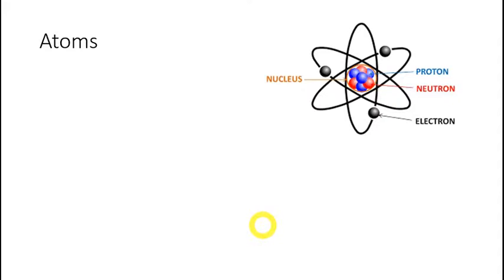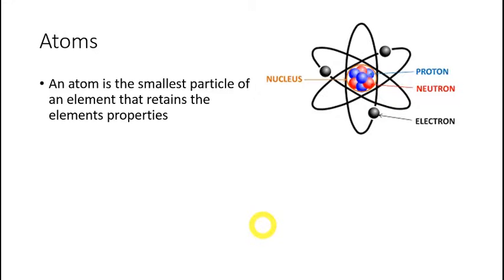So let's get into this. Atoms are the smallest particle of an element that retains that element's properties. So if we talk about copper, copper is an element. I could have a hunk of copper, like in a piece of wire, but if I broke that down into its smallest particle, that would be an atom. And that atom would contain everything that still makes it copper. That's going to be a little clearer when we talk about the components of an atom